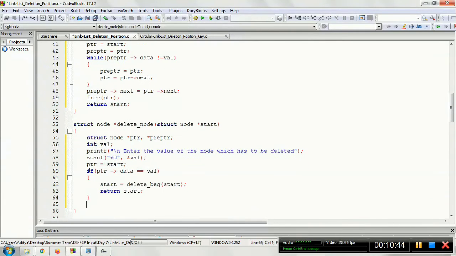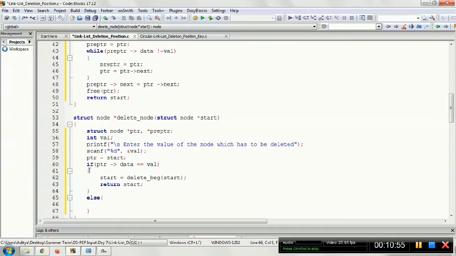Otherwise, if this is not the case, how can we perform further? We need a while loop. The condition will be: until the PTR reaches the data, or the PTR next should not be null.